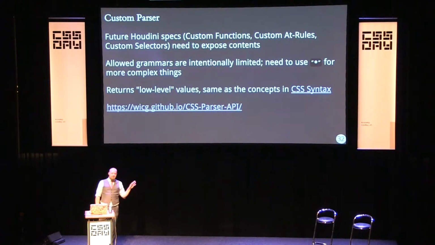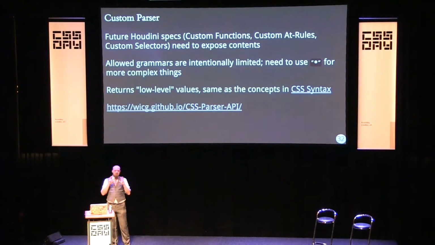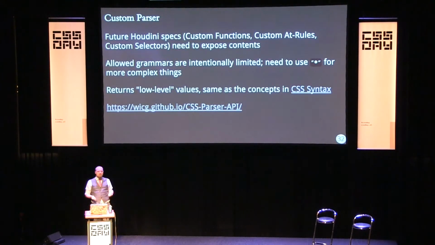But a lot of the things that I'm going to be introducing here are going to be too complicated for plain CSS values. Right now, if you have something that's too complicated to express in the allowed syntax, like we had with the conic gradient, I had to write that its grammar was star, that allows anything. At the moment, those are exposed as just strings. We just give you the whole value as a string, you parse it yourself, you go crazy. We don't want that though. That's still way too much work when we could be doing most of that for you.